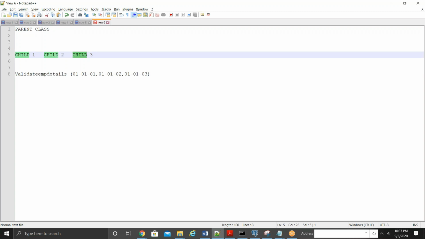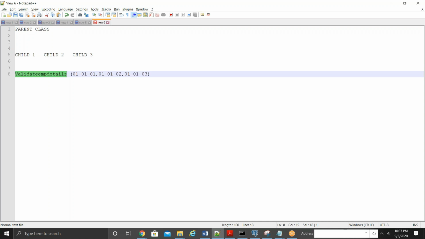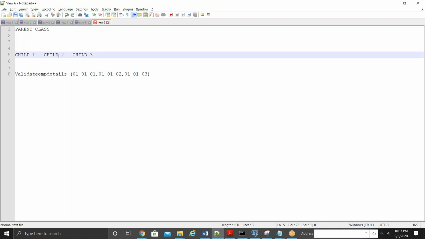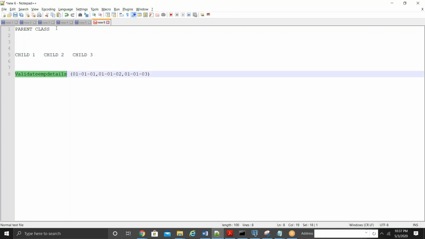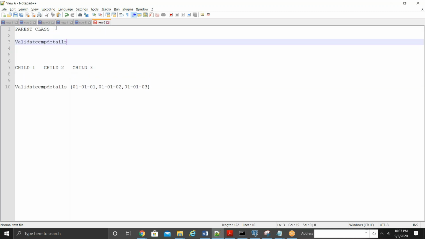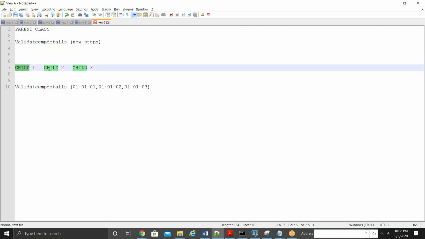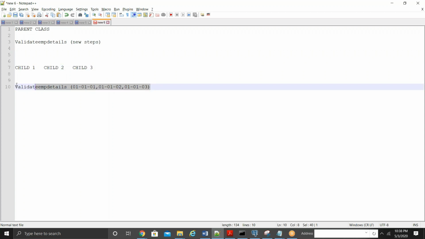So now you understood that, okay, this activity can be reusable in both these siblings or the other child classes. Now, if it is in child 1, these two cannot reuse it. So what should I do? I should create this activity in the parent class so that all the 3 child classes can make use of it. And going further, if I want to add any new steps to this activity, I will add them here, and which is going to get reflected in all the 3 child classes. So you no longer need this activity. I want to delete it. Why should I delete it? Why can't I keep it?